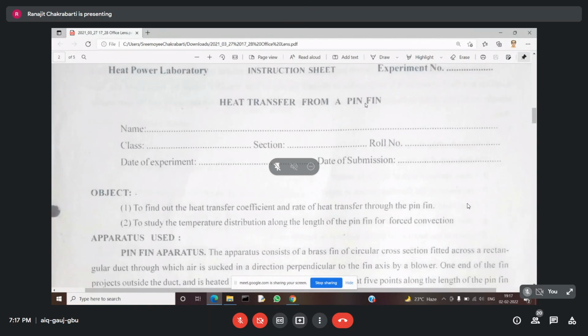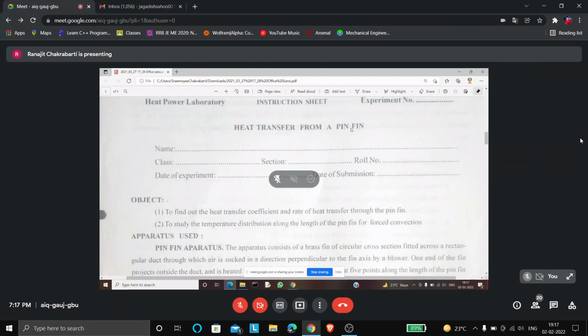What we are now trying to tell you is that if we want to increase the rate of heat transfer from the surface to the fluid, then what do we do? We can either increase H, or increase the area of heat transfer, or increase the delta T. Now, when we investigate these, delta T, the difference in temperature, which is the forcing function, cannot be increased to any level in order to increase the heat transfer rate. And the heat transfer is generated because of this delta T, and